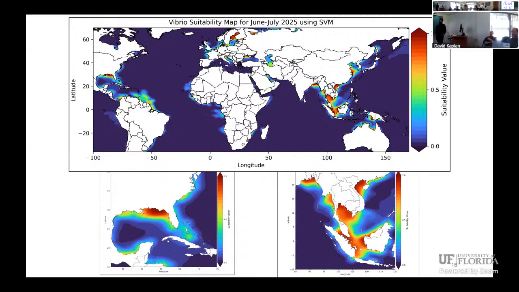This was again the same model, but it was trained using a different technique, that is SVM, support vector machine, because I also wanted to try the traditional ML approach. The XGBoost was the advanced ML approach. This was more of a traditional thing. The model captured almost the same region, but in the region of Bangladesh in the Bay of Bengal, there was a higher hotspot or higher Vibrio activity that SVM reported.